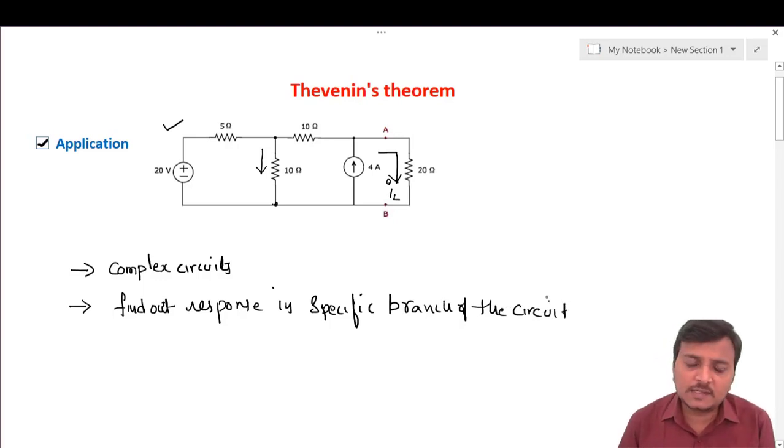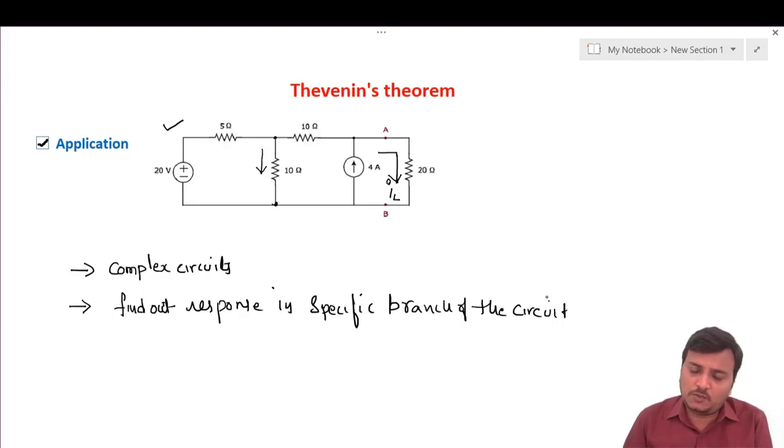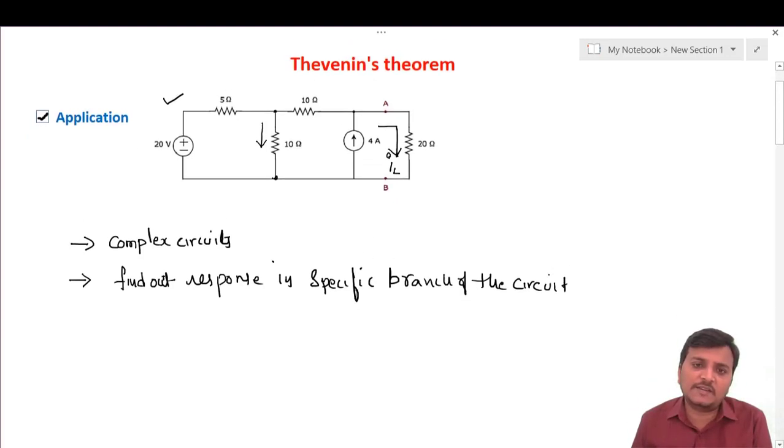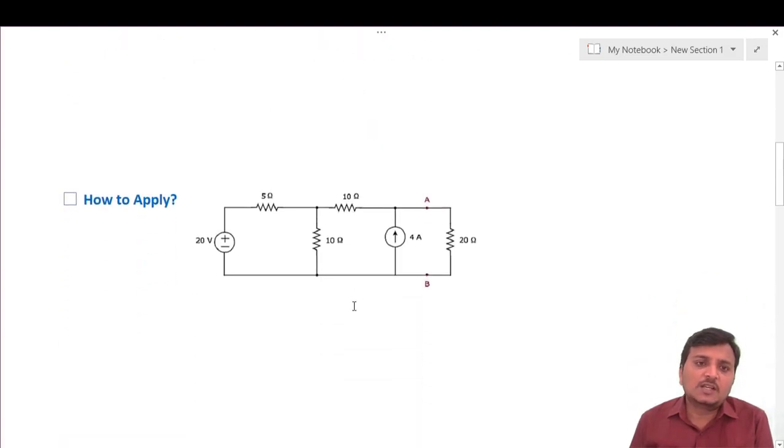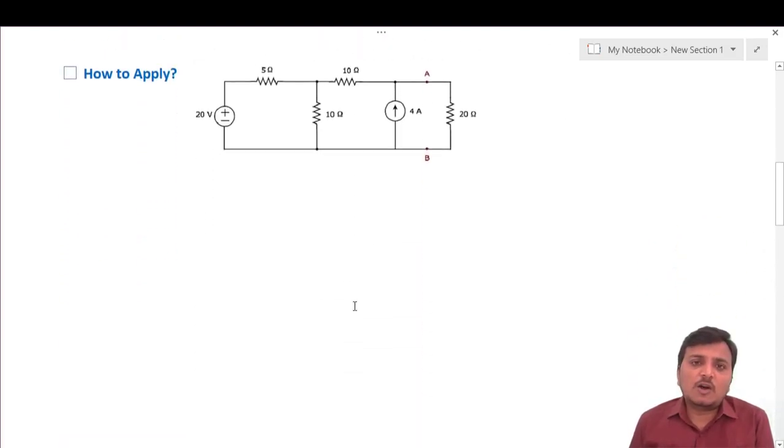The first point is that Thevenin's theorem is applied to a complex circuit to make it more simplified. The second is that Thevenin's theorem is used to find the response in only one branch among all the branches given in your circuit. So this is the first basic understanding; in this condition, we can apply Thevenin's theorem to find the response of the given circuit in a simplified manner.